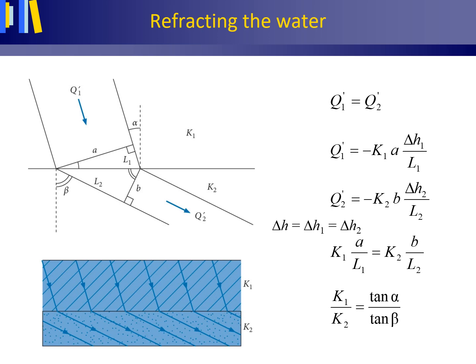Play around with the formula, insert a value of alpha and find out what beta is, or work the other way around. Insert a value for beta and find out what alpha is. No matter what you do, with the ratio K1 over K2 being 10 to the power minus 6, you will always find for alpha a very small angle and for beta an angle that's nearly 90 degrees. And this has a very important implication.